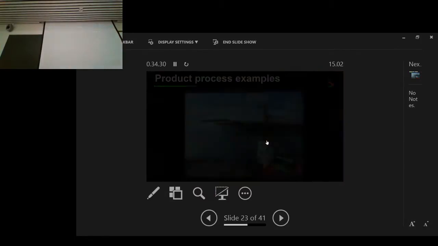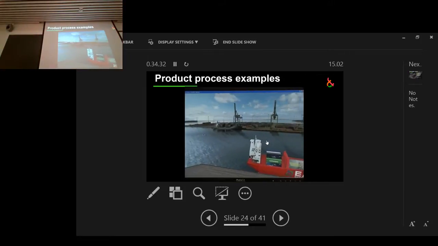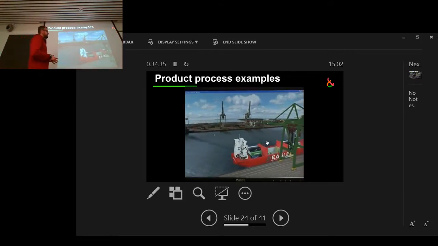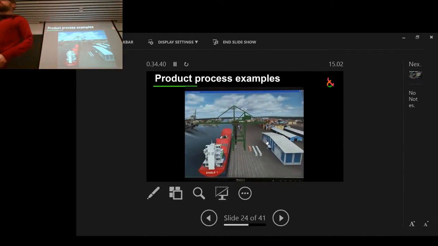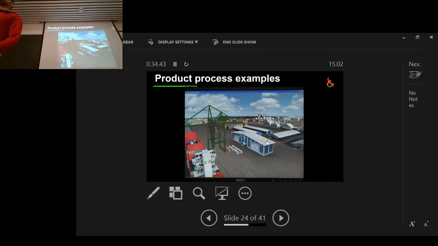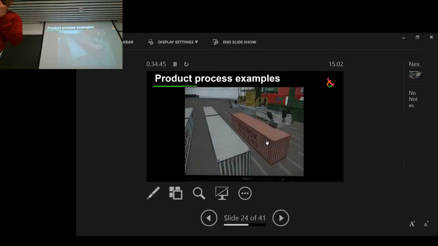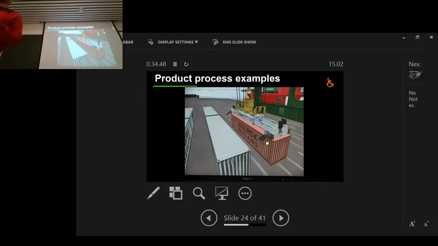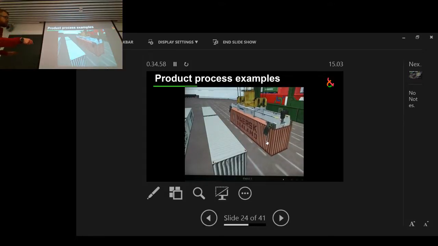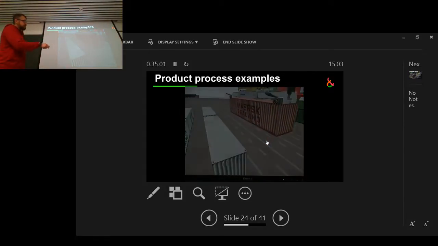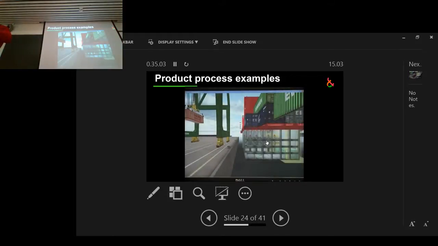Okay, here's a trigger. This is an example that I wanted to show you because this is a very old model. This is a model that was created more than 15 years ago. Quite often we get people who are not sure the technology is good enough to take into reality. But this model is very old, more than 15 years, and it includes all the features that are needed to train operators to use this big crane that takes containers from harbor to ship, from ship to harbor. So it was already available back then.